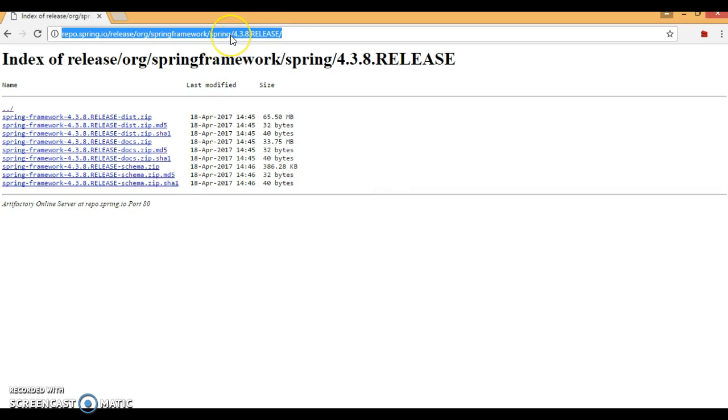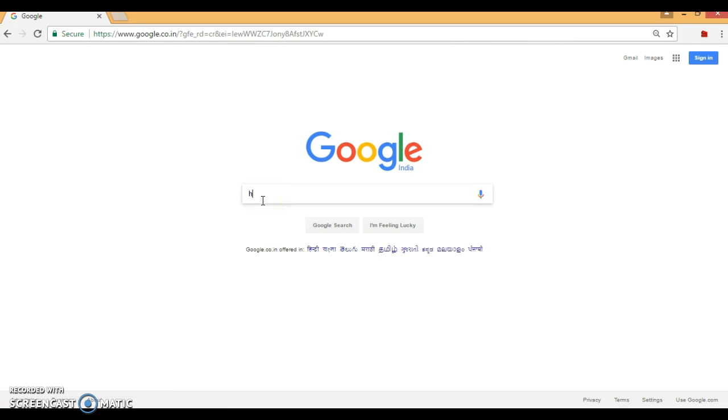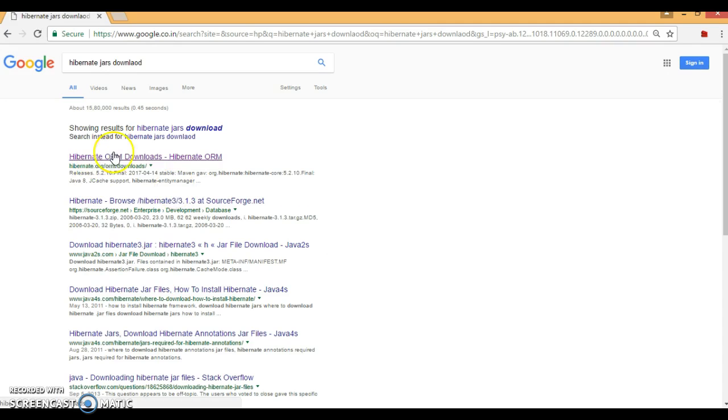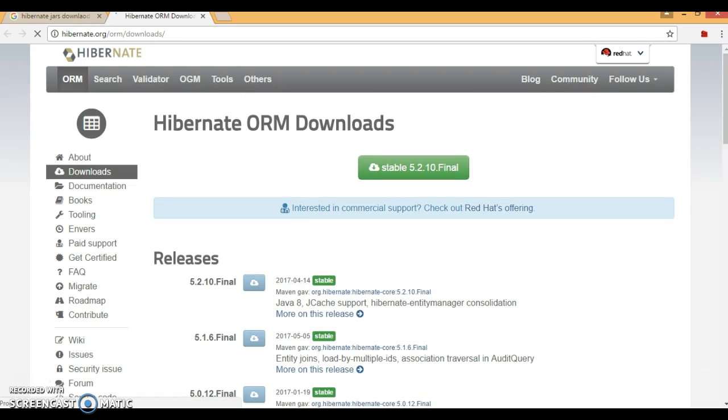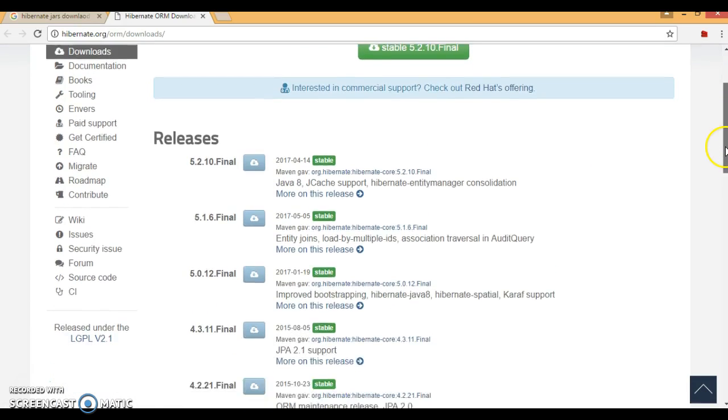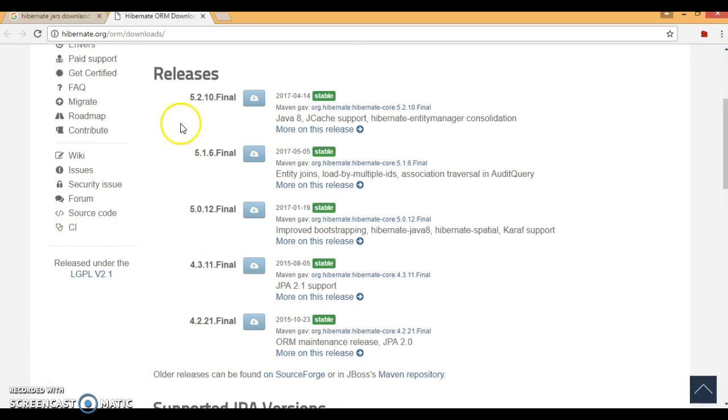Now if you go to Hibernate and search for Hibernate jars download, here is the link. On the Hibernate website, you can see Hibernate 5 was launched on 19 Jan 2017.